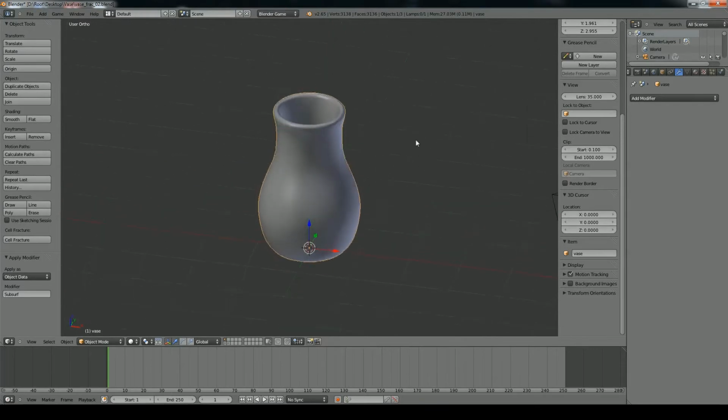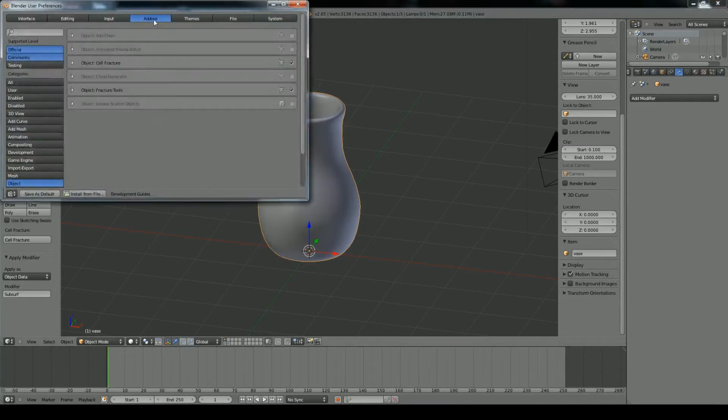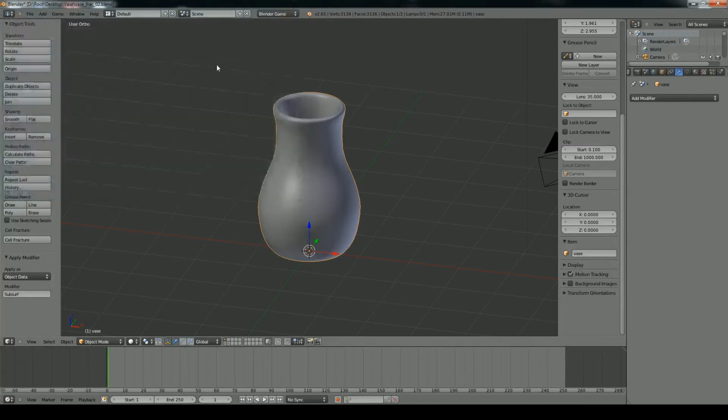And now we're going to go to the cell fracture option here, and if you don't have that, you can enable it by going to your user preferences under the add-ons and under the object category, enable cell fracture, and while we're at it, we're also going to make sure our fracture tools are enabled. And once we have that, we'll just click on cell fracture,